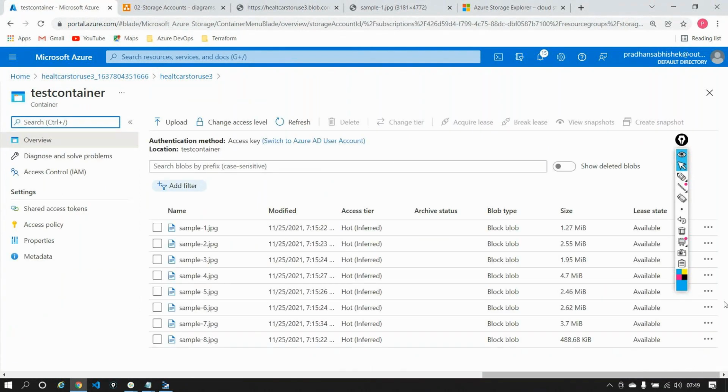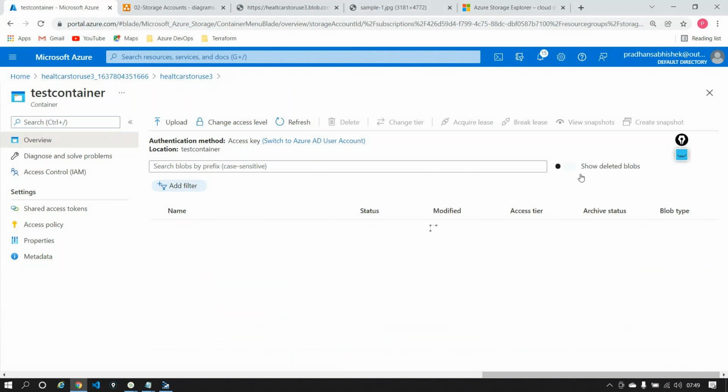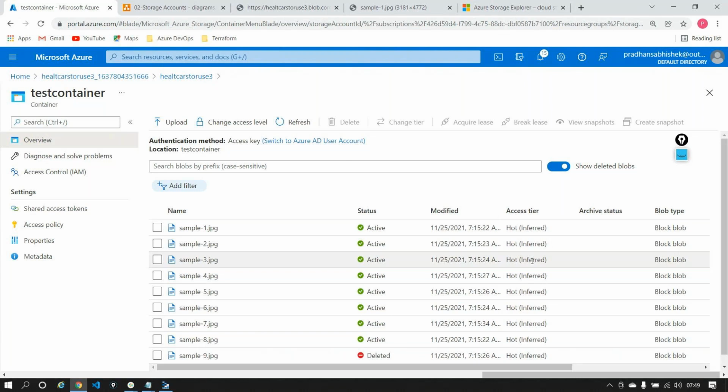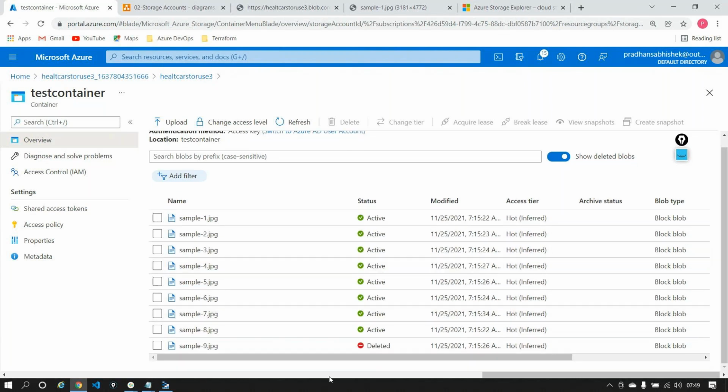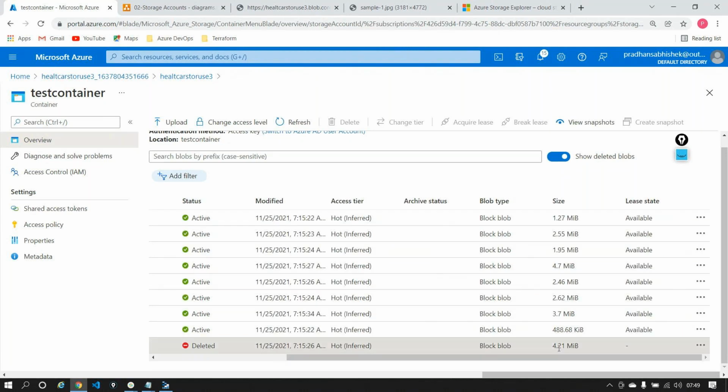And here, you're able to see an option called what? Show deleted blobs. I can say show this. And do you see here at the bottom? It says deleted. What I can do out here is undelete. If I scroll right, there is an option to undelete this particular blob.